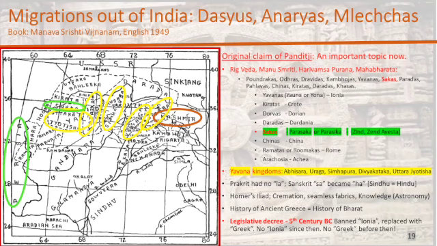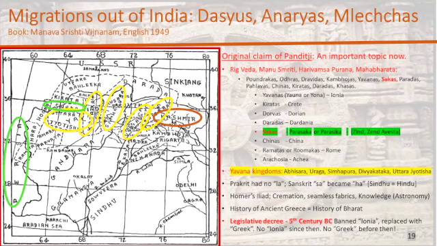So where do we find evidence of this? We find them in the Rig Veda. In the Rig Veda, they're called Dasyus, which is at the top of the screen. Dasyus is the term the Rig Veda uses to refer collectively to the Kshatriya kings that stopped following Vedic rituals, that were excommunicated and driven out of India. Now, that's in the Rig Veda.